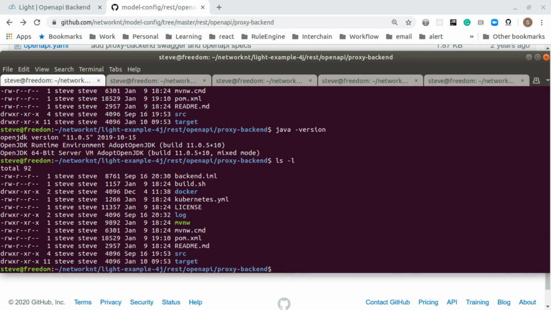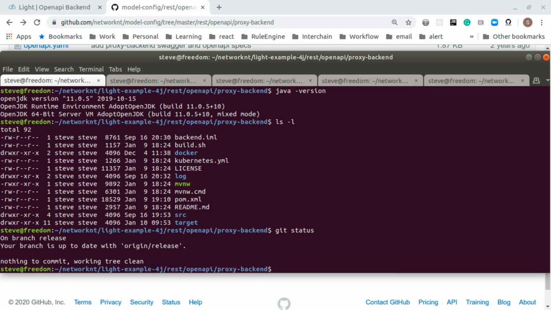This project has already been built. If you check it out from GitHub, it should be in the release branch. So you can see it's in the release branch, and you can use clean install -P release to build this project,